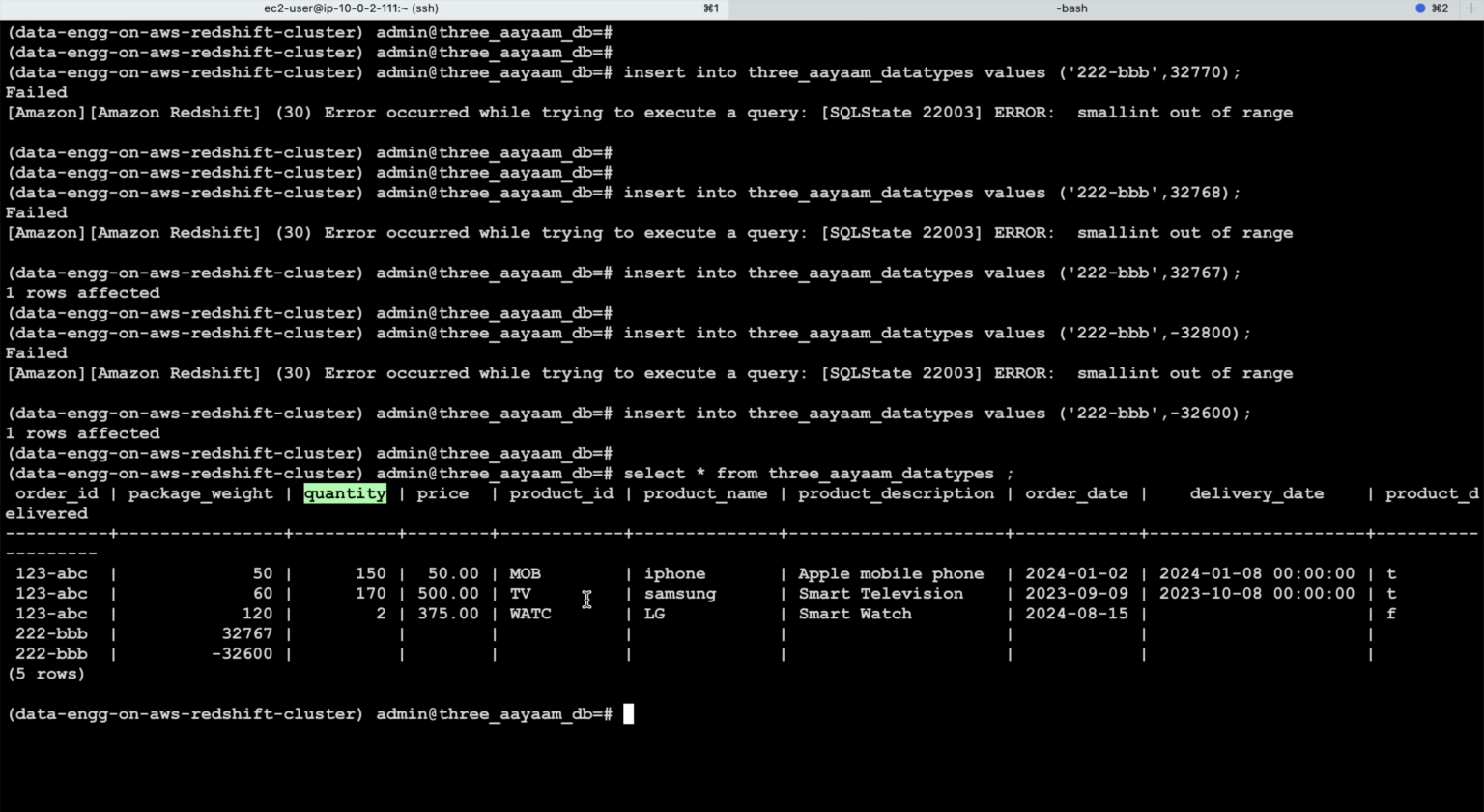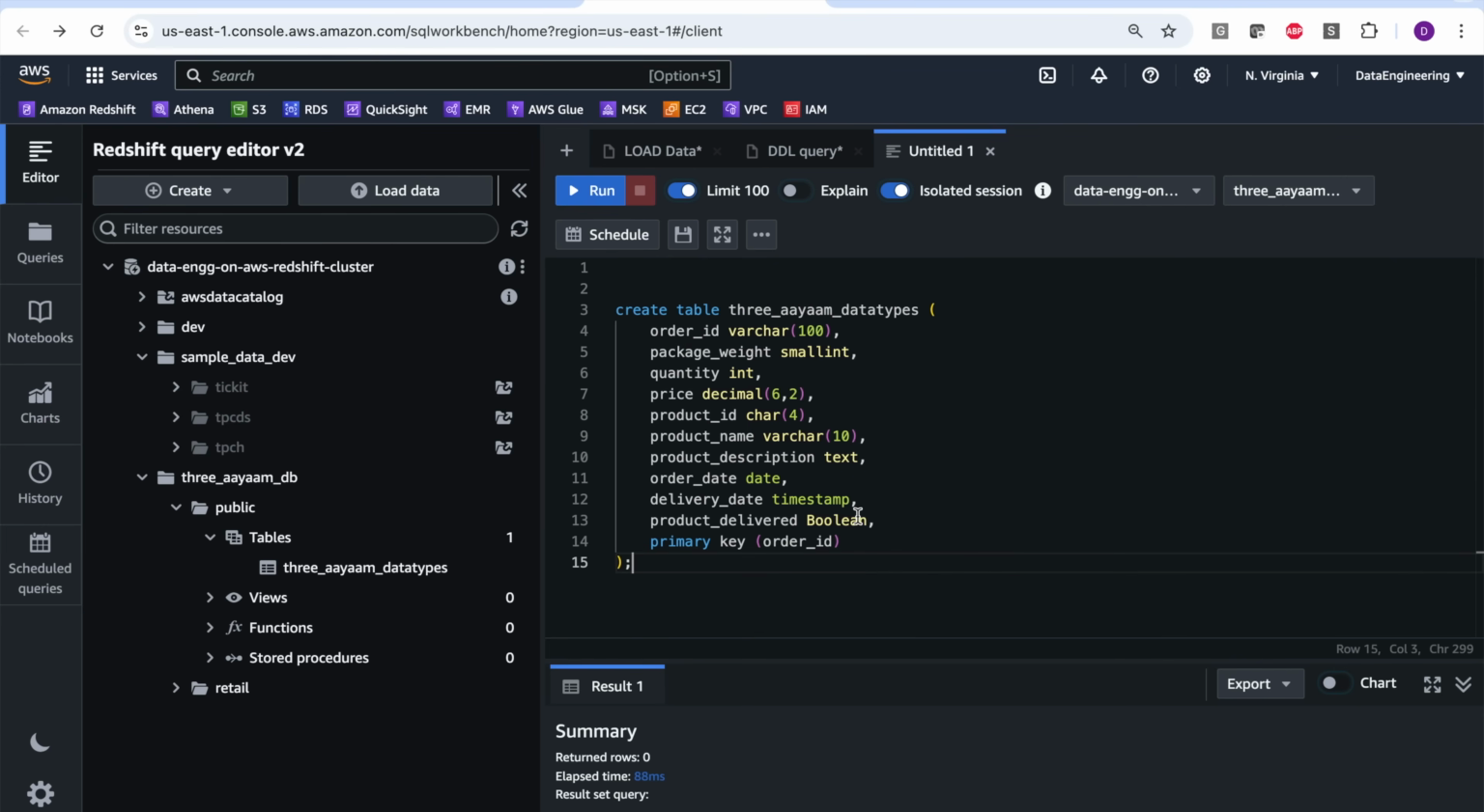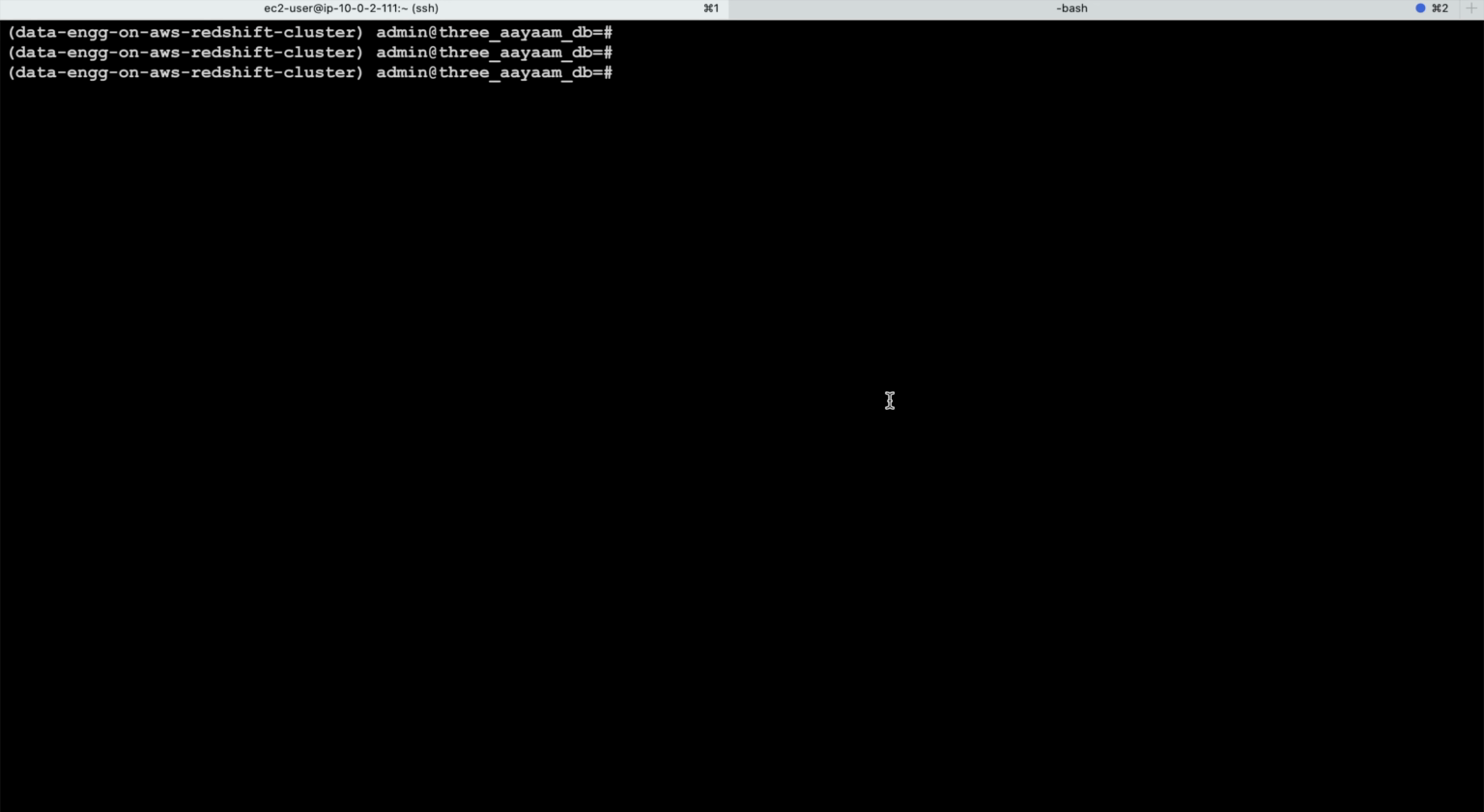Let's do the same with decimal. Now what we have defined is that the price should be decimal 4,2, meaning before the decimal point we should have 4 digits, and after the decimal point we should have 2 digits only. Okay, so let me insert some values. So the order ID, package quantity, and then the price. So let's insert